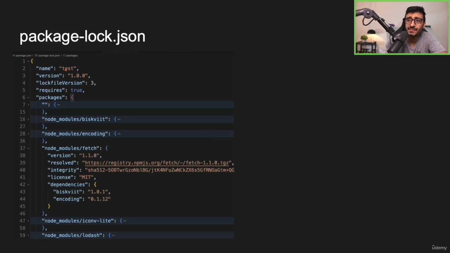Here's an example. Here I have a test package, and I referenced two things, remember? Lodash and fetch. But fetch, this is the lock.json, all the packages are here. Every single package. Fetch, it goes into a place called node_modules. We're going to talk about it in a minute. Downloaded stuff. And then it says, hey, it was resolved from this particular URL. This was the integrity hash for this. It was this license.